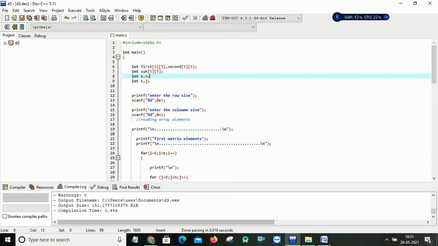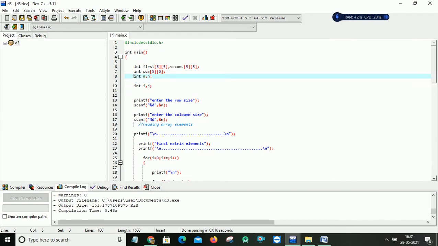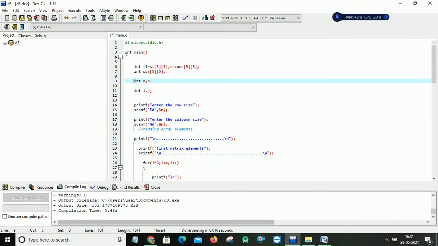Sometimes I want 2 by 2, 2 by 3, 3 by 2, like that. So I'm asking the user, before executing the program, what row and column sizes they expect. For that I'm taking the variables m and n for rows and column sizes.